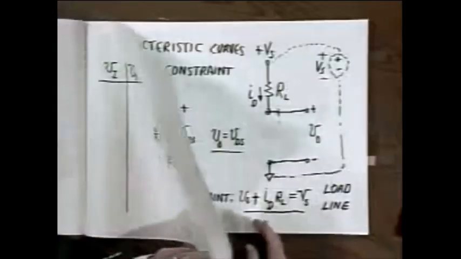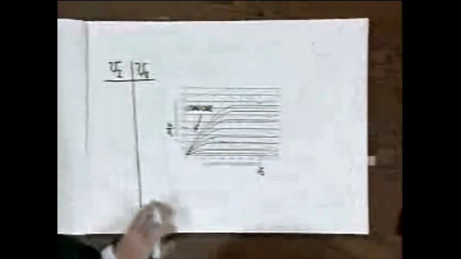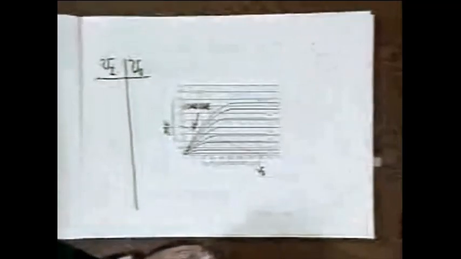the device characteristics on the constraints of the device. I'll bring this up to make it larger here in a moment. But the load line,